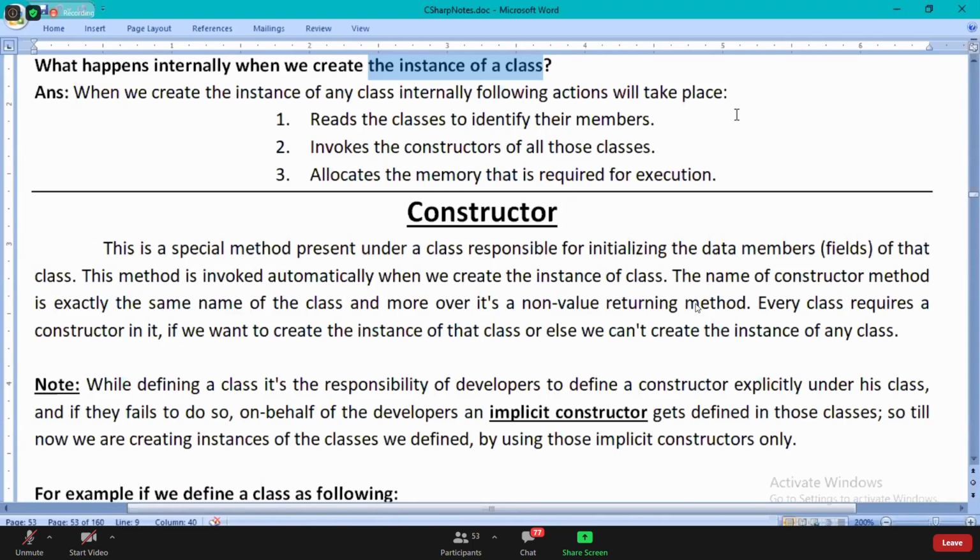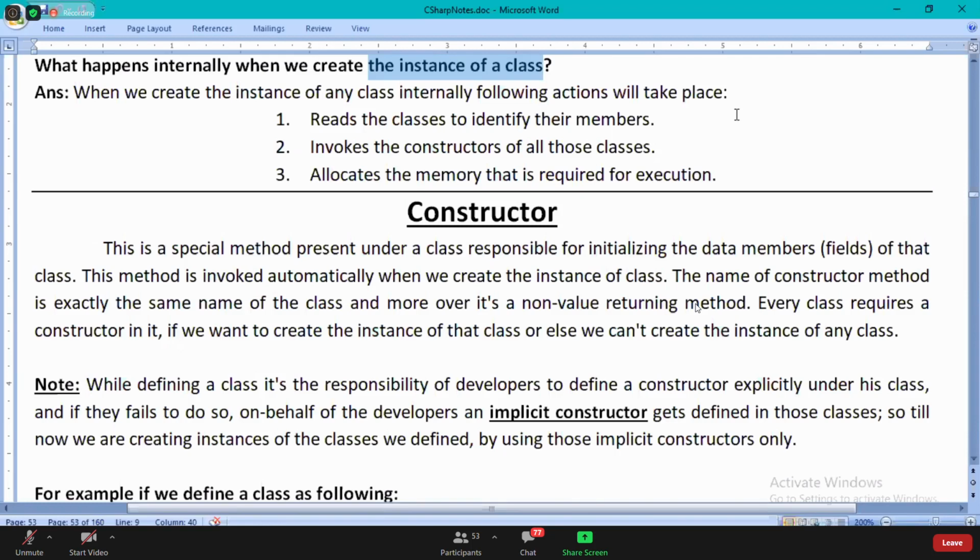Suppose it has read 10 classes. It will invoke the constructors of all the 10 classes now. So if it reads 10 classes, it is going to invoke the constructors of all the appropriate 10 classes.